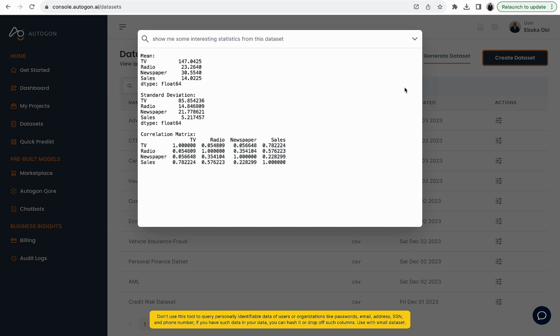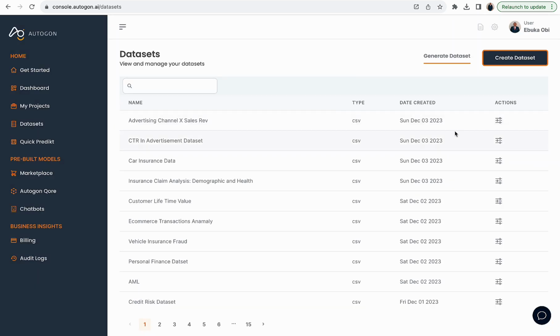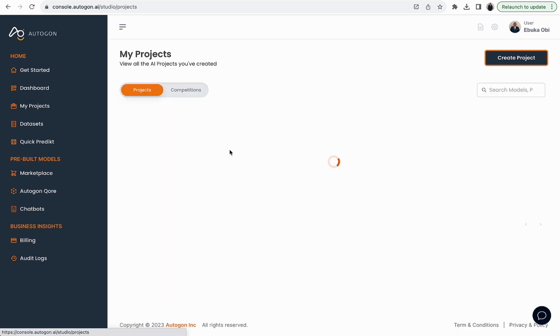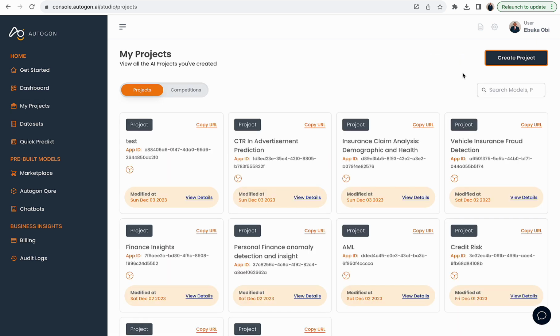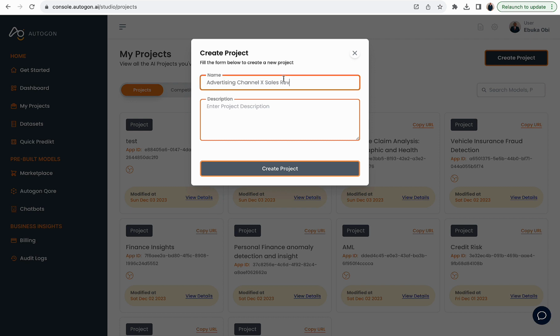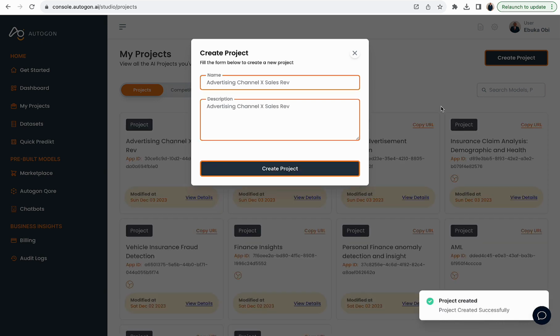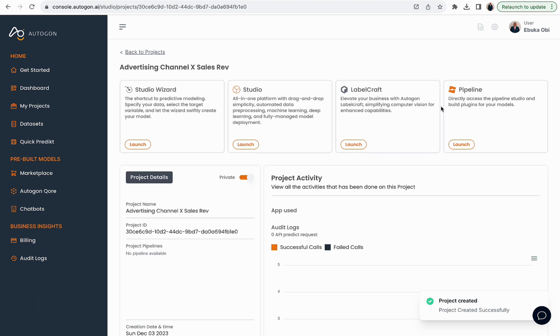Okay, let's quickly dive right into building our model from this data set. So I'll just copy this name of the data set here, and I'll head down to my project, and I'll click on creating a new project, advertisement channel to sales revenue. Yeah, very important. Making data-driven decision, telling which channel the business should invest the most to maximize the return on